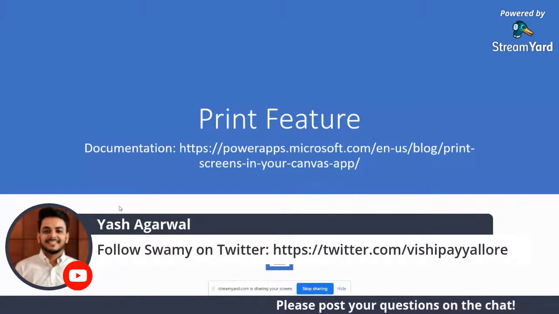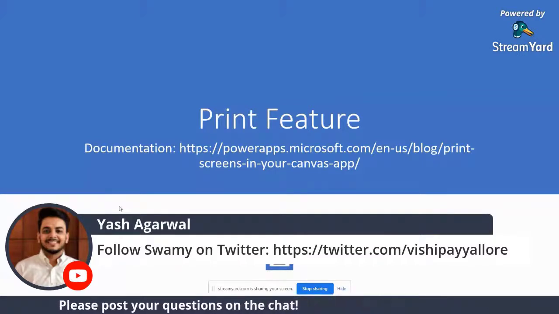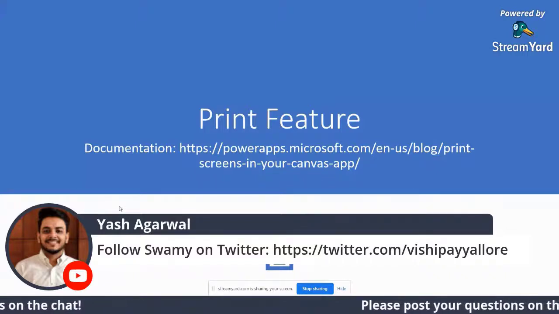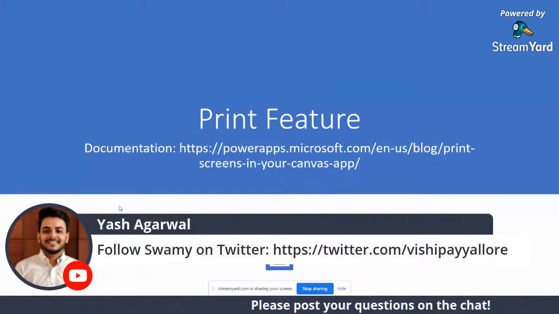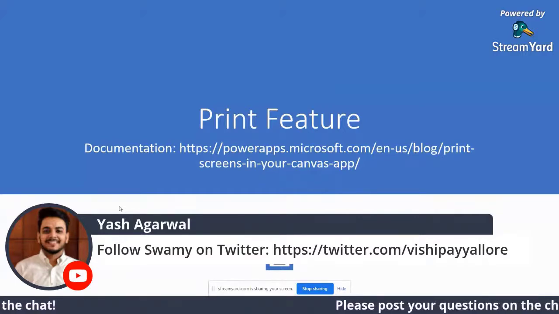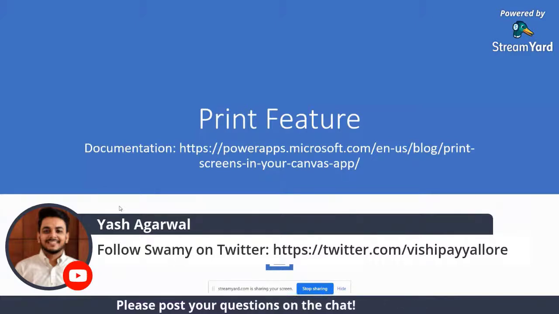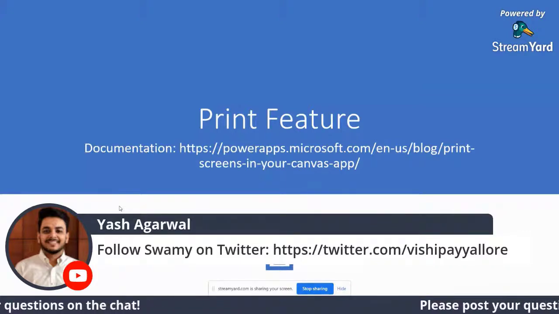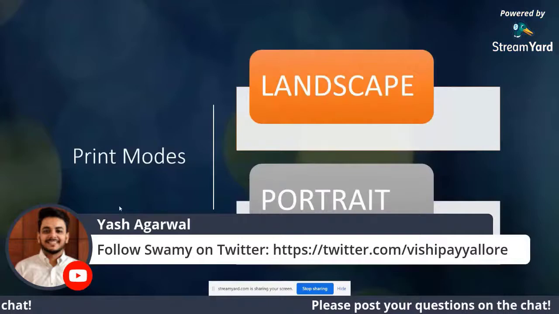One of the major limitations we used to see in the Power Platform earlier was that there was no print feature. We were not able to export any of the details from our Canvas apps. So with the newly released print feature, we have a new function, Print, and with that, we can print whatever is there on the canvas. We can print all the details showing up on the screen, be it any of the out of the box controls or your custom components.